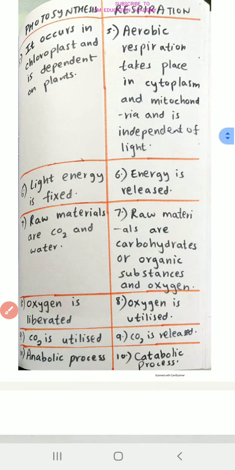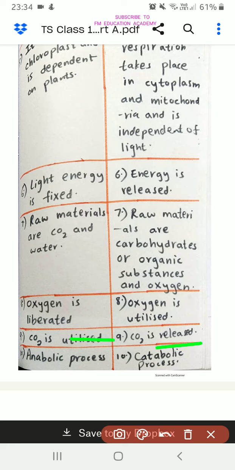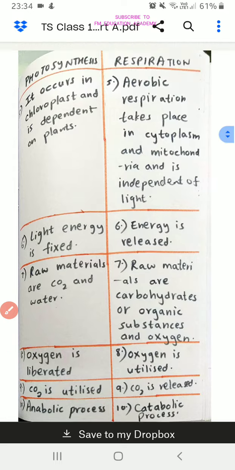In photosynthesis, carbon dioxide is utilized. In respiration, carbon dioxide is released. Photosynthesis is an anabolic process. Respiration is a catabolic process. So you could have written any 2 points from this